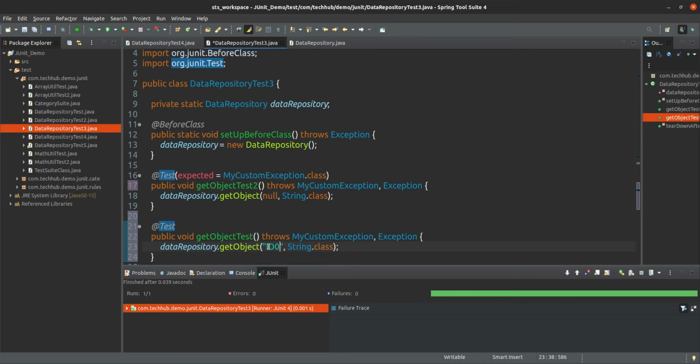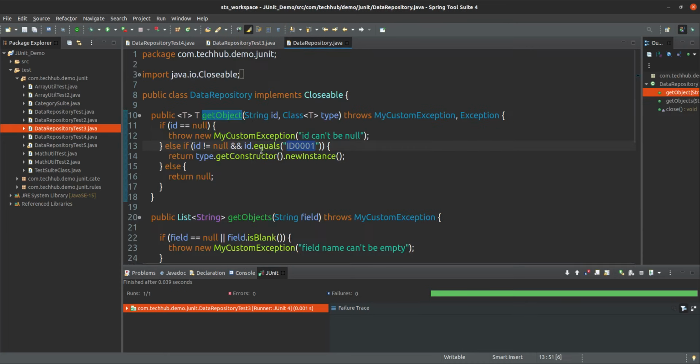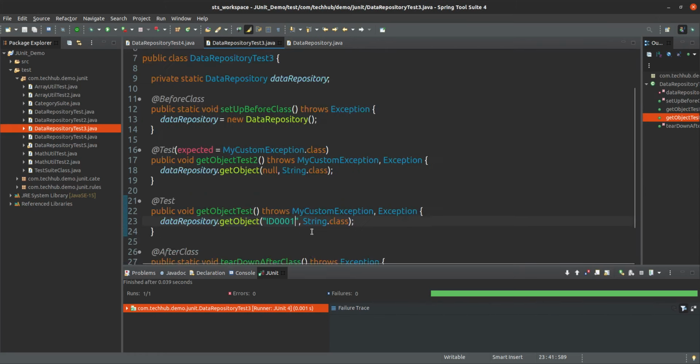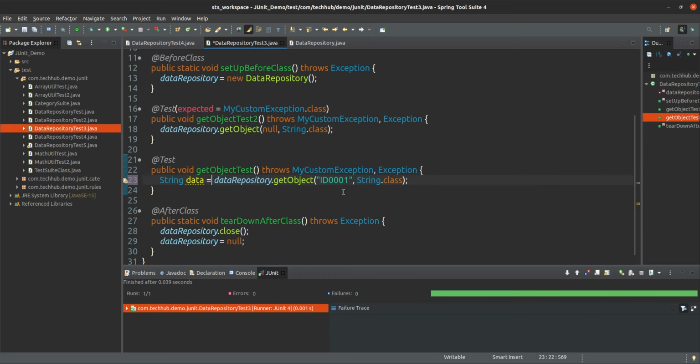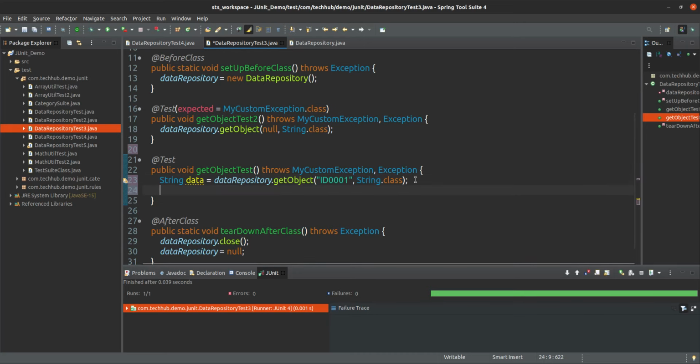Suppose ID 0001, same only. In that case it will return a string data, something simply, and that you can check against your assertion.